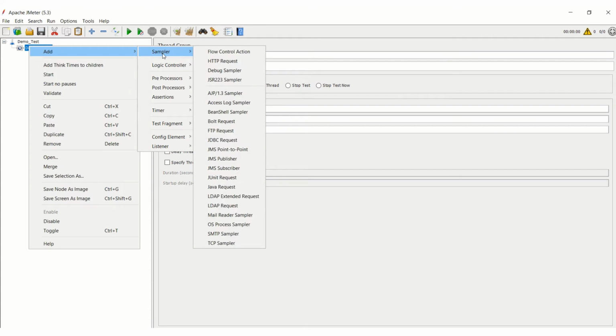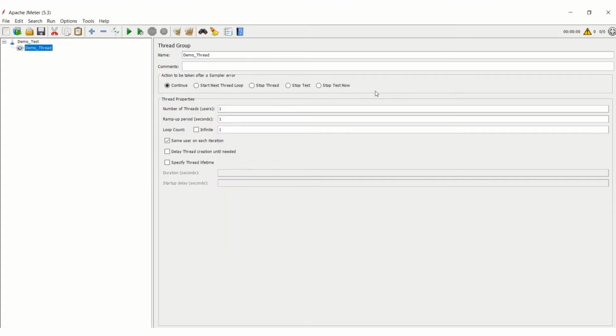A sampler, overall, you can see as a small test or an action which we will be testing. Okay, so what if a sampler fails? Should we continue, stop the thread, stop the test, or move to the next thread? Those options are available here to choose. Okay, so in general,